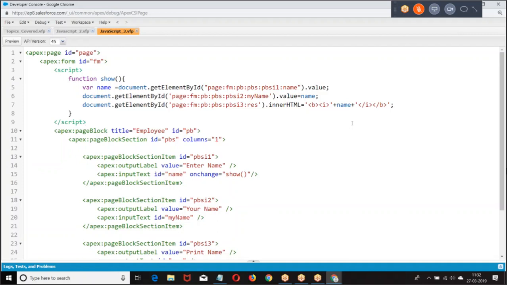If it is an input, dot value. If it is output, dot innerHTML.